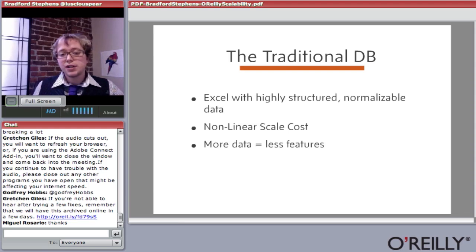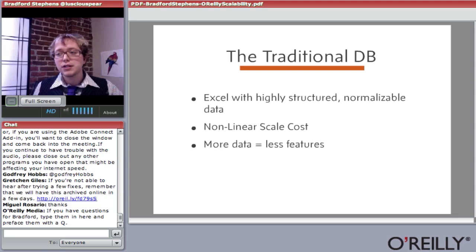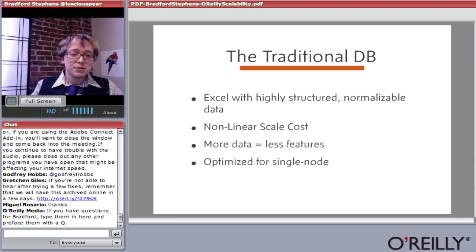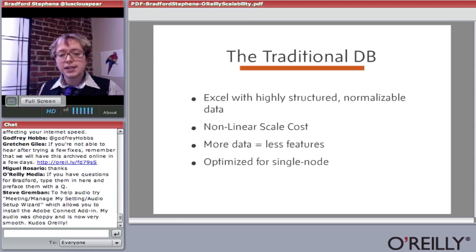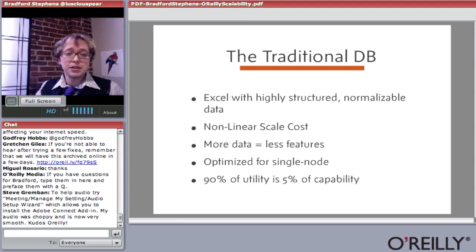And of course, the more data you add to a database, the fewer of its features you can use. Pretty soon you can't have joins anymore, you can't do indexing, you can't do full text search. So you don't really get most of the benefits of SQL, which is a pity because SQL can be really useful. And traditional databases are really built for single nodes. When you shard out MySQL or try to make MySQL distributed, you lose the advantages of secondary indexes, of joins, and things like that, which is one of the reasons why my startup Drawn to Scale built the Spire platform to get around the limitations of traditional databases not built to be distributed.